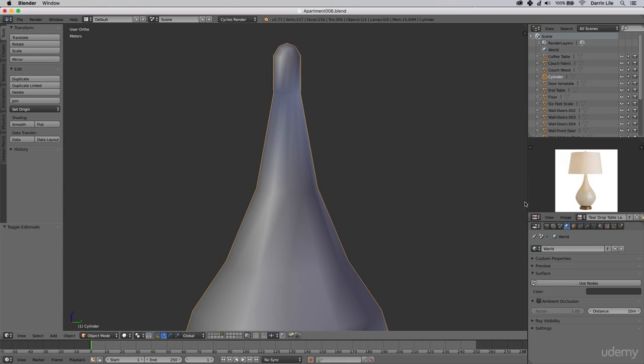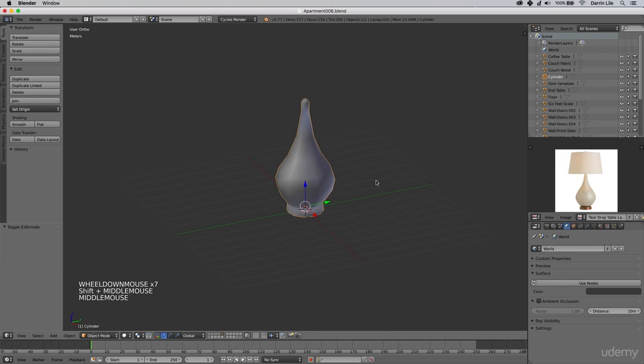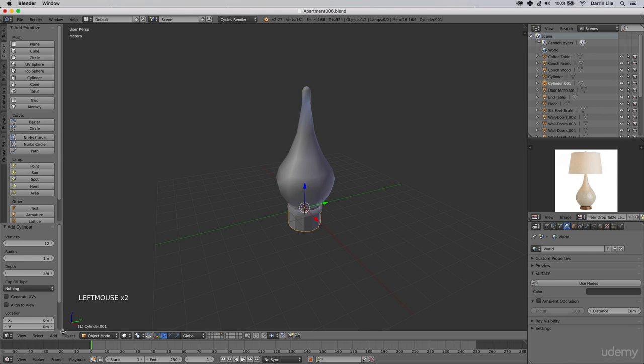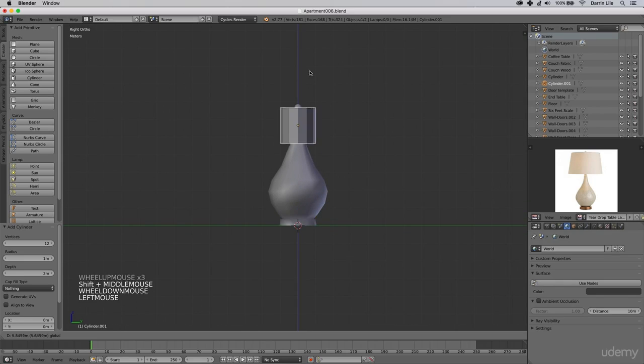Let's go ahead and create that lampshade now. I'll come back to perspective view for a minute with the 5 key, and I'm going to create a new cylinder. Once again, it's only got 12 sides, that's good, and no cap fill. I'll go back to the orthographic view with 3 and the 5 key, and let's bring this back up